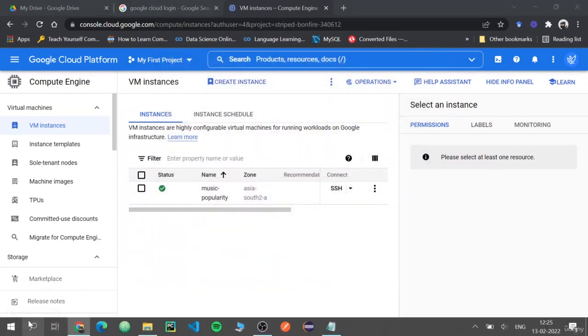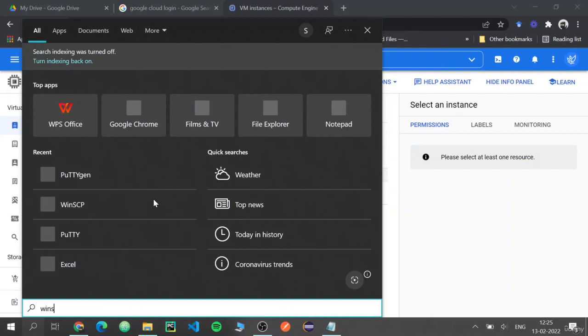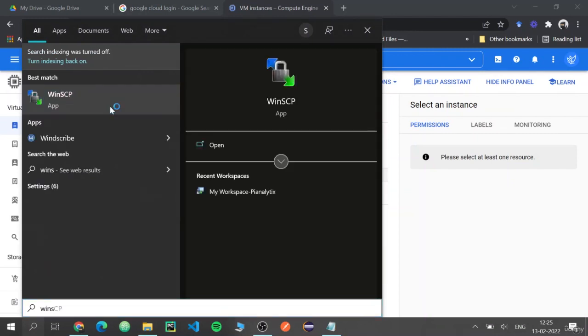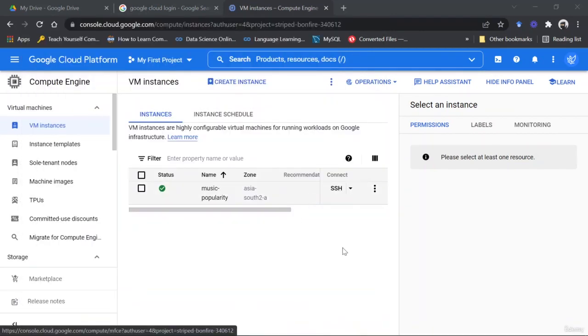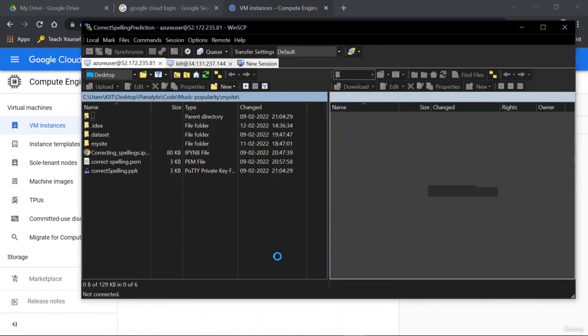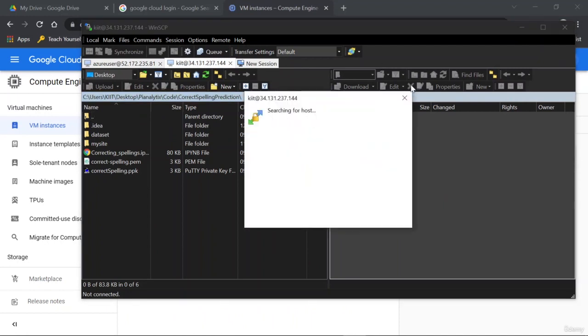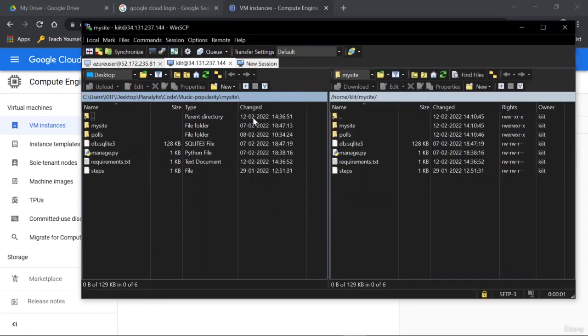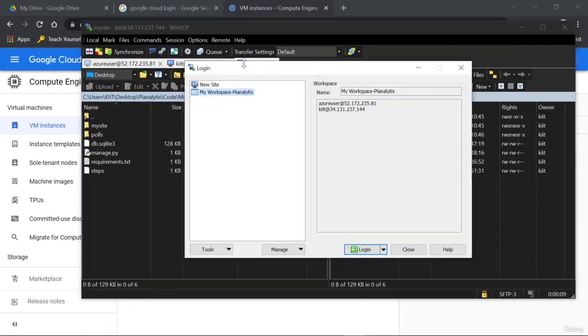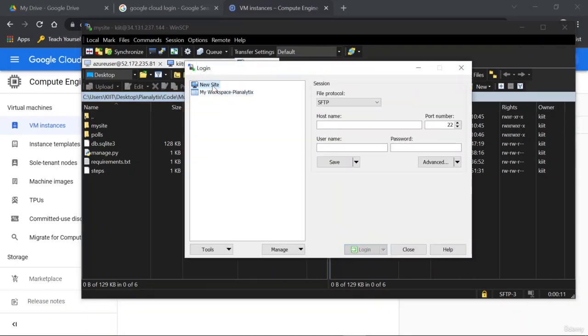Then again go back and open the WinSCP, right? Open the WinSCP, and here WinSCP is going to open, and then again we would need to connect, right? We would need to connect. And okay, so it has already saved, right? It has already saved things. But if you want to create a new session, then click on new session, and in new session what you